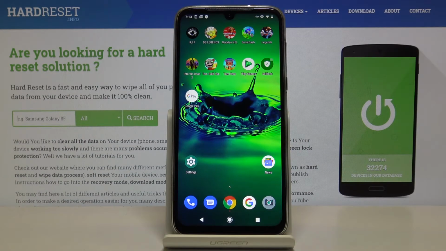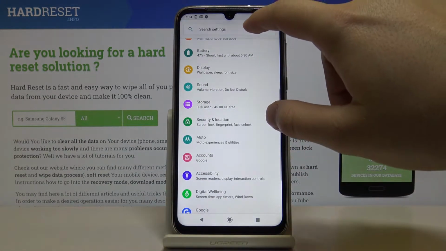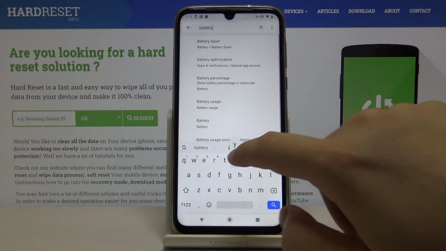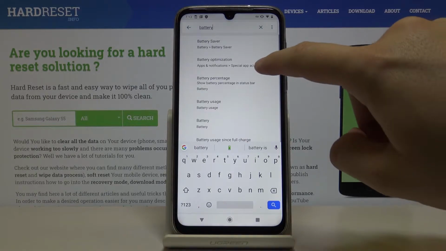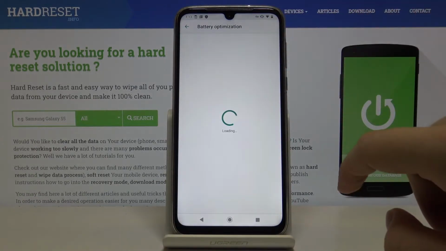How to optimize battery in Moto G8 Plus. Click here, type battery, and we can go for the apps and notification battery optimize. Click here,